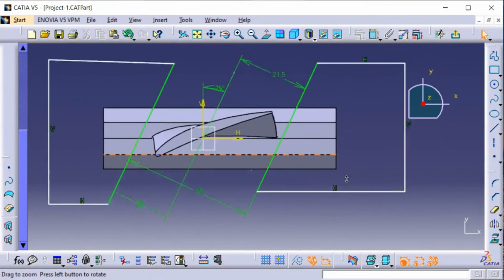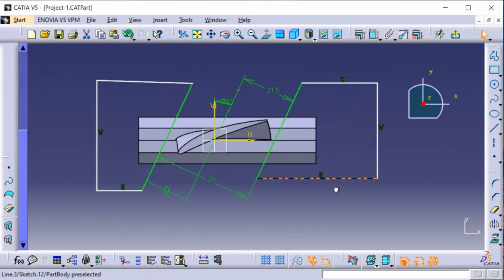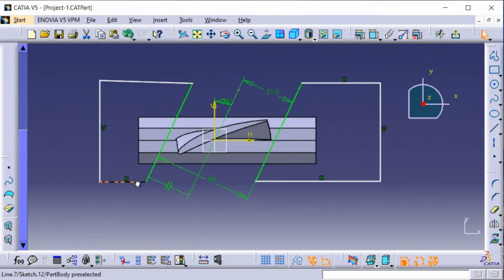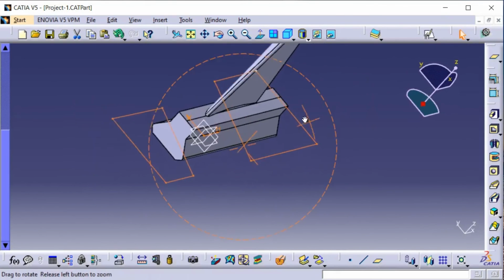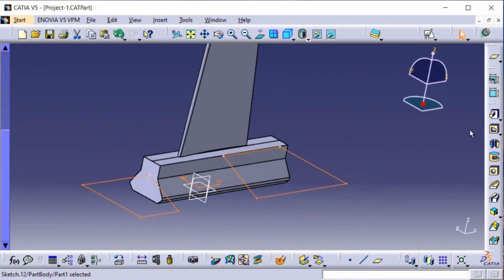You can see these free dimensions are not of our requirement because we just need to cut it. So this line and this line should be constrained. We'll finish the sketch. Now by using this pocket,